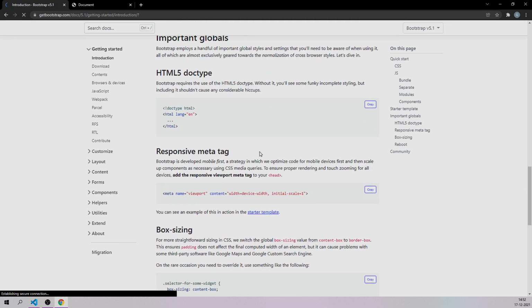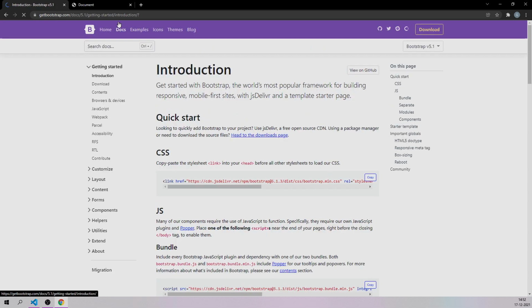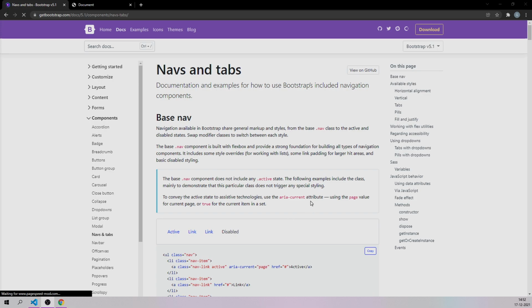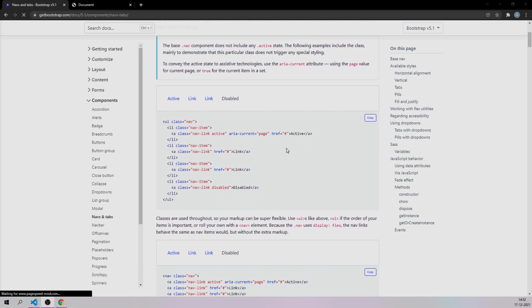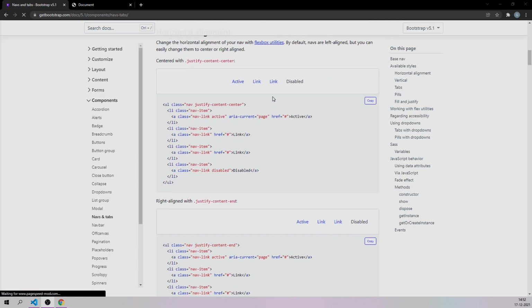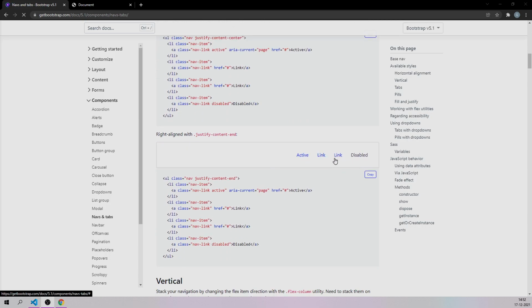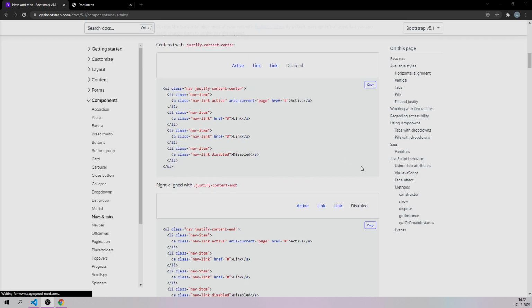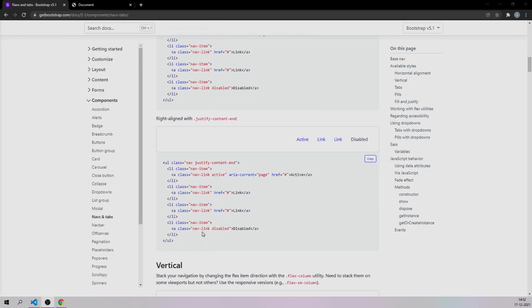Okay, we are at the starting page itself, I guess. And see here, we have two on the left side, this one in the center, and this one towards the right side. So let us choose this. It says justify content on the end. So this is the entire code.